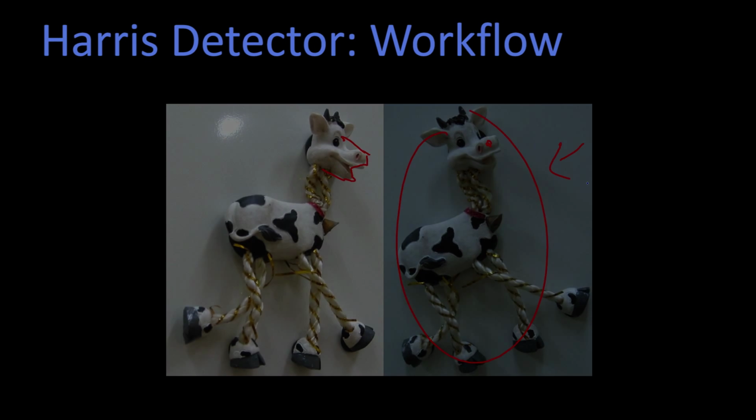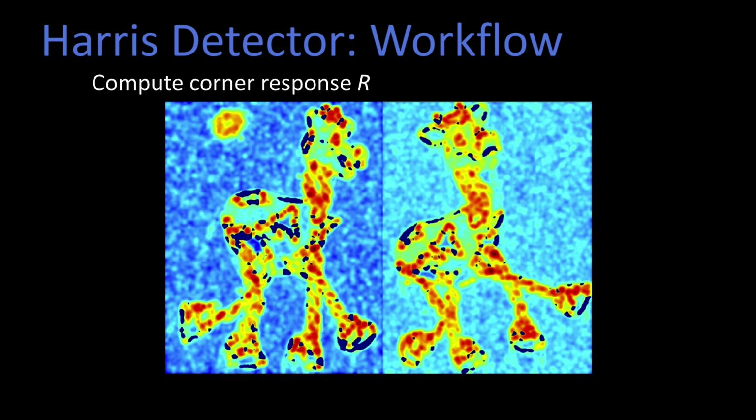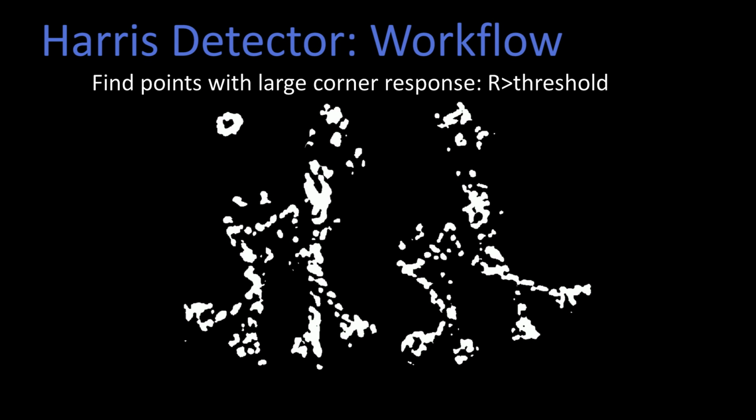So here we go. We compute our derivatives, we compute our moment matrices, we compute our R functions, we plot them in MATLAB using an interesting pseudo-color color map, and you see this beautiful picture. And that's R everywhere, and the next thing you have to do is threshold that. So here are all the points where R is above some particular threshold.